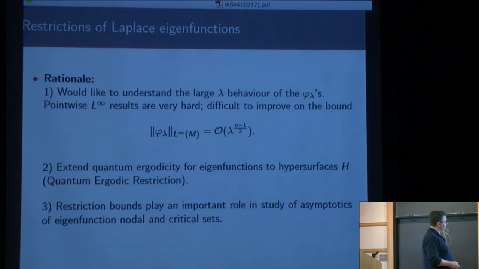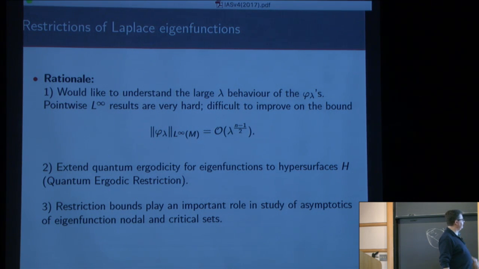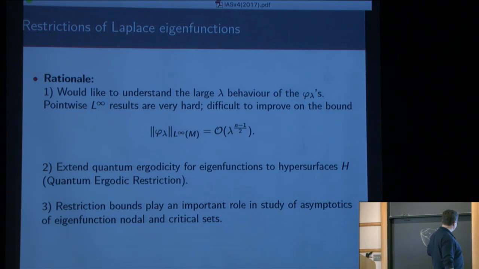But more importantly, we're interested in the problem of quantum ergodicity and how it relates to restrictions to hypersurfaces. Quantum ergodicity, I'll say more about it in a minute, but basically it says that if you have a manifold with an ergodic geodesic flow, then for most eigenfunctions, they're equidistributed, in a certain sense that I'll explain. And so what we asked with Zelditch several years ago was, how robust is that? Can we talk about equidistribution when it comes to hypersurfaces? That's a natural question that is obviously related to restriction bounds.